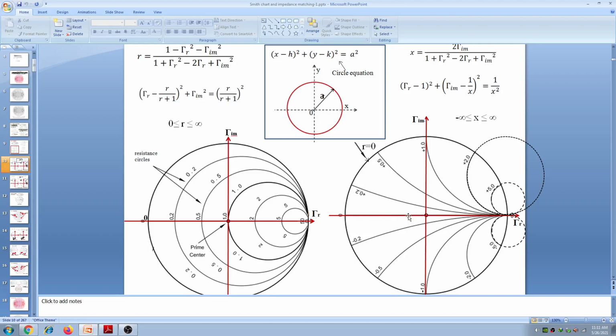See here, x is equal to 0 coincides. Actually it is also a circle, but if you take x is equal to 0, the radius becomes infinity, so it looks like a straight line. See here, this corresponds to x is equal to 0, this is x is equal to 0.2, x is equal to 0.1, maybe somewhere here. Okay, so this is x is equal to 0, this line. So all these values from 0 to infinity, all the circles will be in the upper